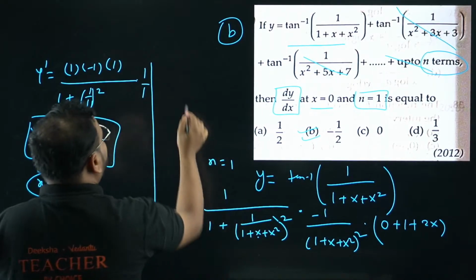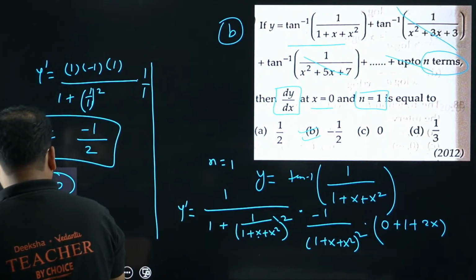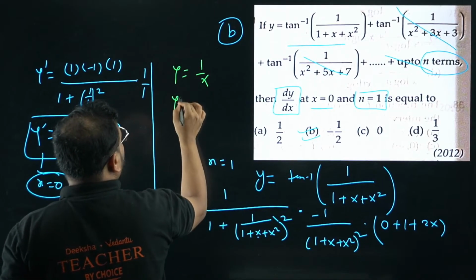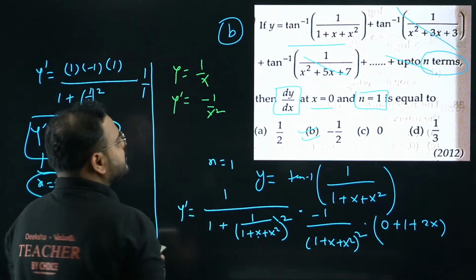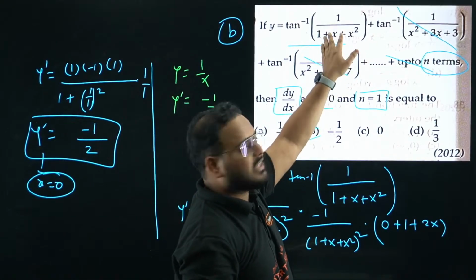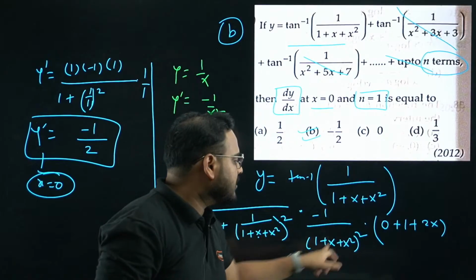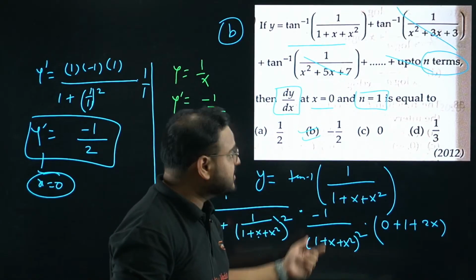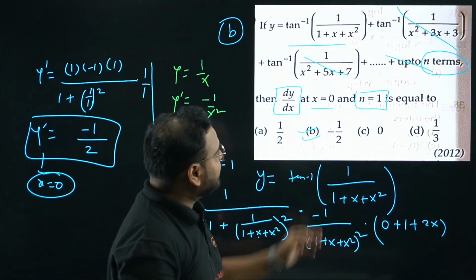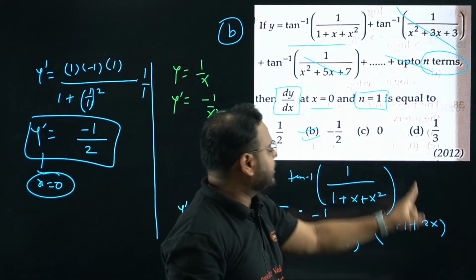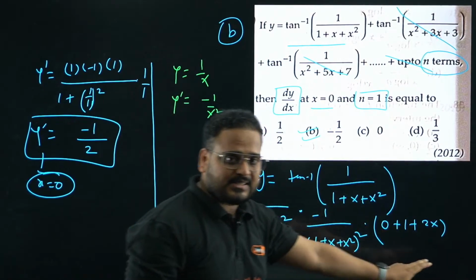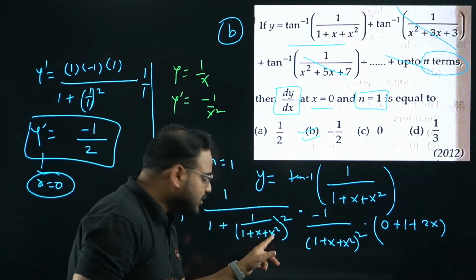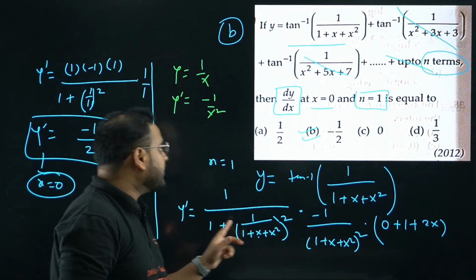Remember, we just did a question like this: if I had 1 by x as the function, the derivative was minus 1 upon x square, right? So in this case we have 1 upon this whole thing, so the answer is minus 1 upon this whole thing, the square. That's one thing. Again differentiate this function as well. For 1 I'm going to get 0, for x I'm going to get 1, for x square I'm going to get 2x. Now in this put x as 0. When you do that you will have, please check, 0 plus 0, only 1 is left, so I have 1 plus 1 in the denominator.